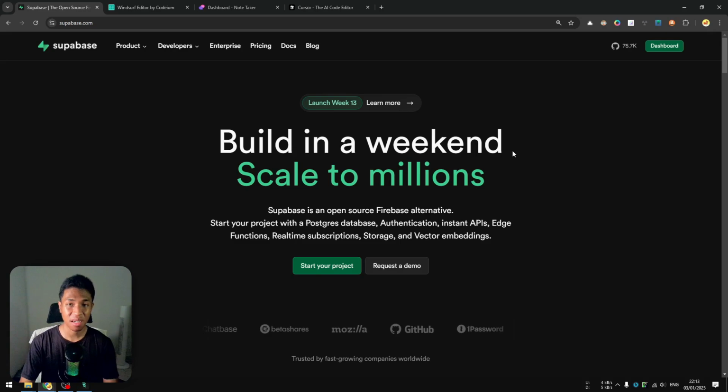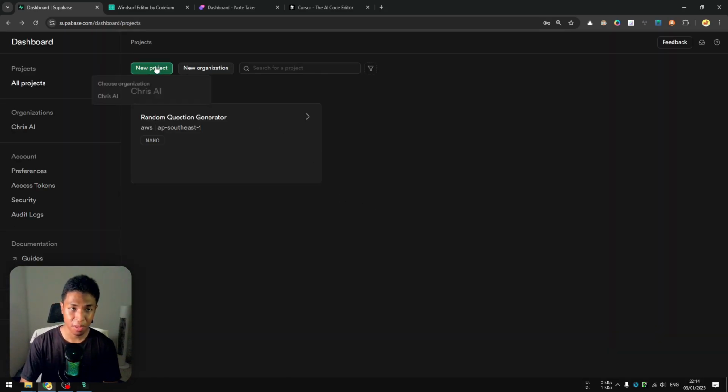You can create an account for free, and usually they're going to ask you some information like what's your name, where is your location, and also maybe what is your organization, what is your purpose of using Supabase. Basically, there are a lot of questions in the onboarding process, but just follow along. But after that, you should be able to access the dashboard. I'm going to go to dashboard, and after that, click new project, and you can select the organization in your